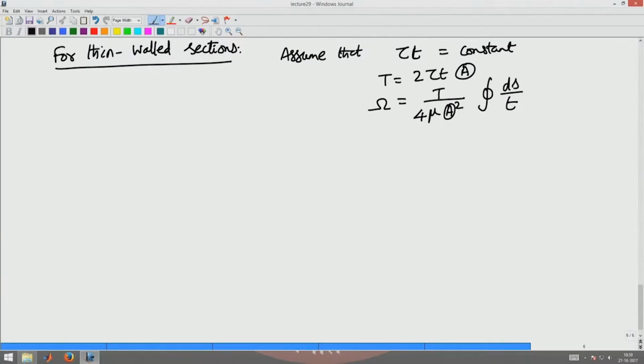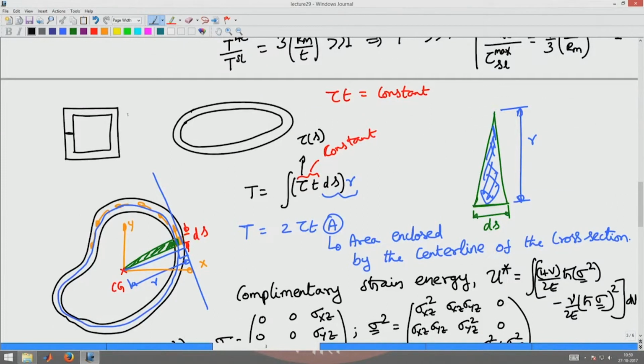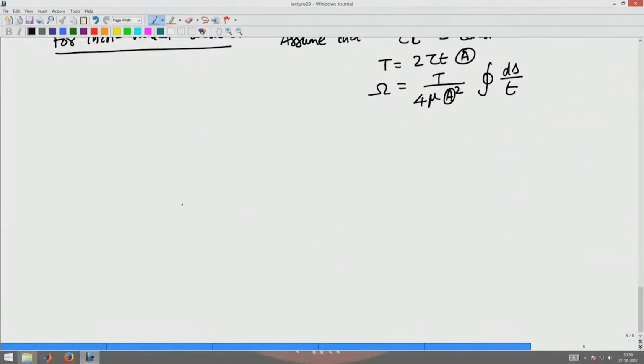Now let us go back and, in the remaining time, see what the stress distribution is, or how the torque and the angle of twist are related, and how the maximum shear stress and torque are related for this square cross section, a thin wall square cross section. Okay. So let us assume the section has uniform thickness